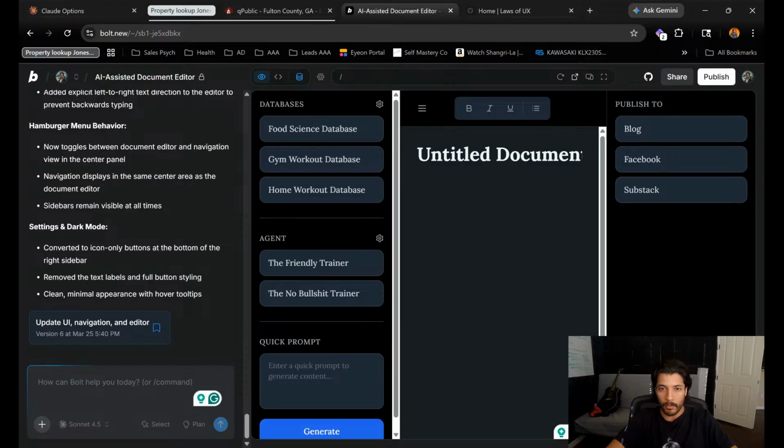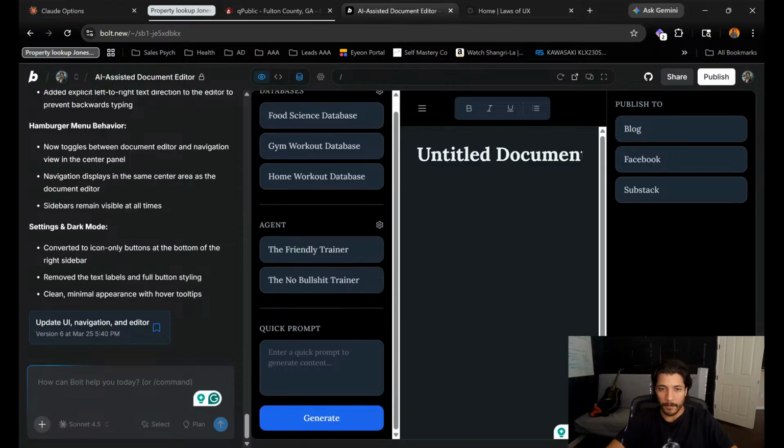Make them all shorter and skinnier if you can. Remove the text in the quick prompt box. Make the scroll bars stylized, sleek, and minimal. Make the generate button white with black font for dark mode and the opposite for light mode.